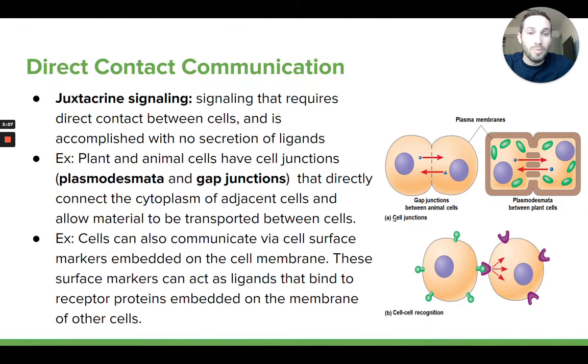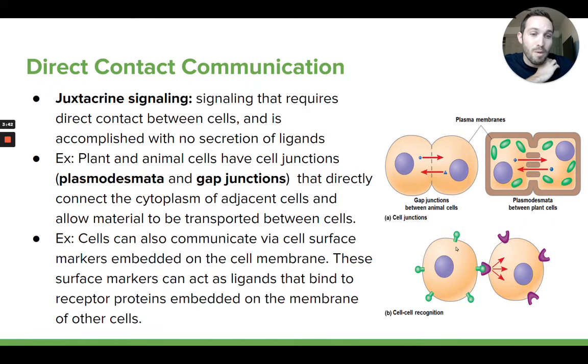Another example of juxtacrine signaling is when a cell has certain molecules embedded on its cell membrane that can bind directly to receptor proteins on another cell. And so in this picture right here, you can see there's a cell that has these certain membrane receptor proteins, and the signaling molecule that's going to bind to that receptor protein is actually embedded on the cell membrane of another cell. So this could be some kind of a protein or some other molecule that's displayed here on